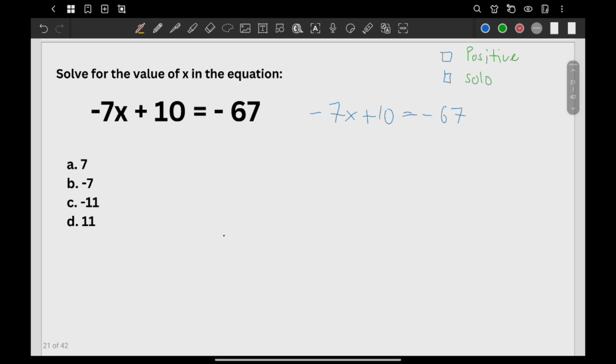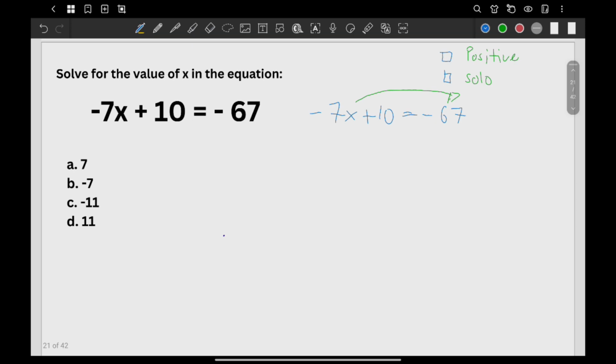Okay, positive first. Do you think the variable x here is positive? No. It's negative actually. Again, negative 7x is actually just one term. And that means to say, if 7 is negative, x is also negative. Okay? They're just one term. So, sir, how do I make the negative 7x positive then? Well, if you transpose the negative 7x to the other side, it will become positive, right?